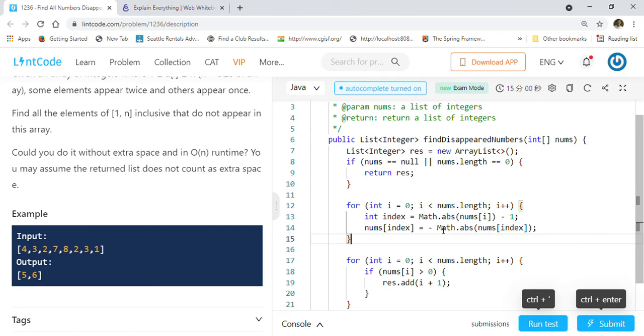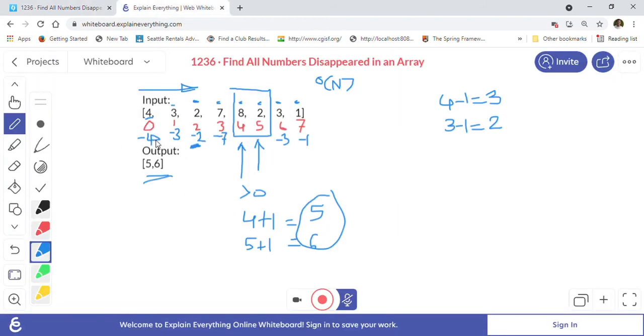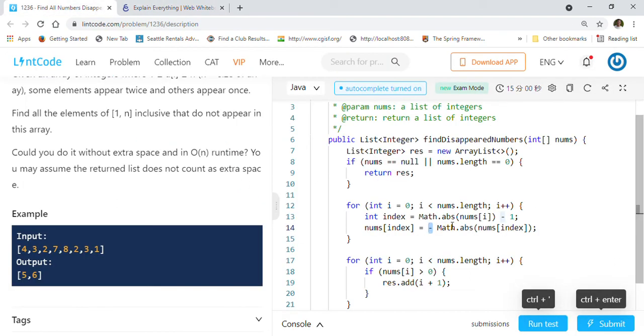So even if our index is minus, it will still again make it minus, right? It will not convert it to plus basically, because we are taking absolute here and then we are making the minus, right? So this way we will end up with all these negative values except the ones, this 4 and 5. So that's what it is doing, right?